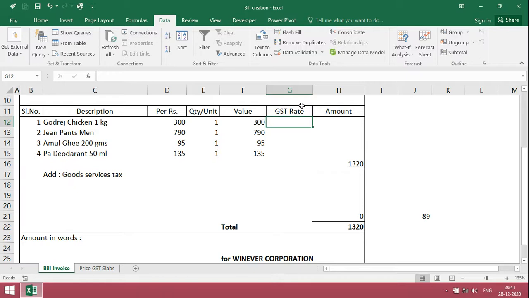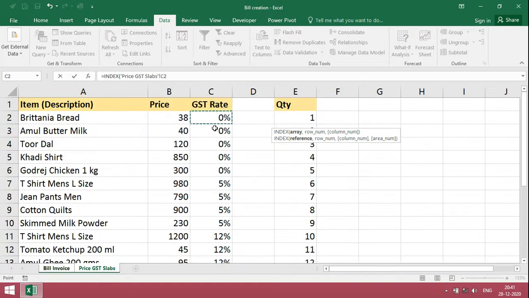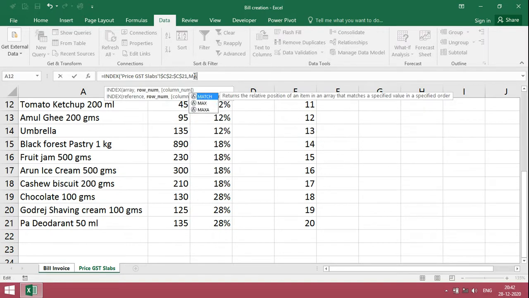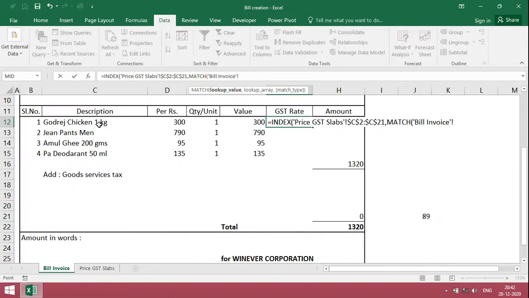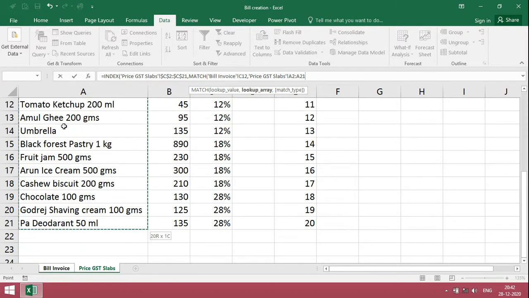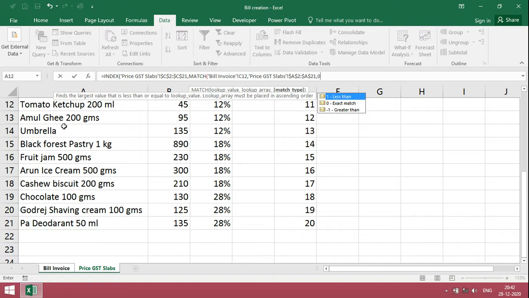For getting the GST rate, INDEX, go to the sheet, freeze, comma, MATCH, bracket open, C12 reference, A2 to A21, freeze, comma, 0 for exact match, bracket close, enter.